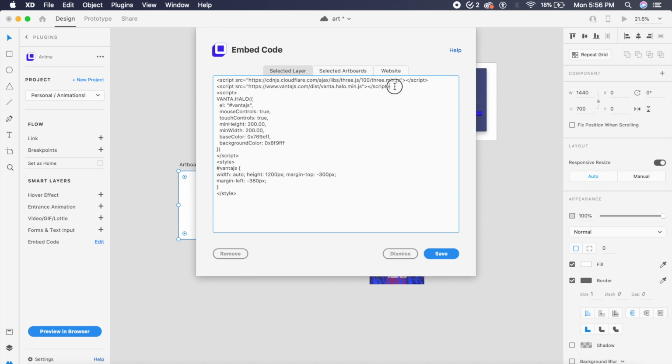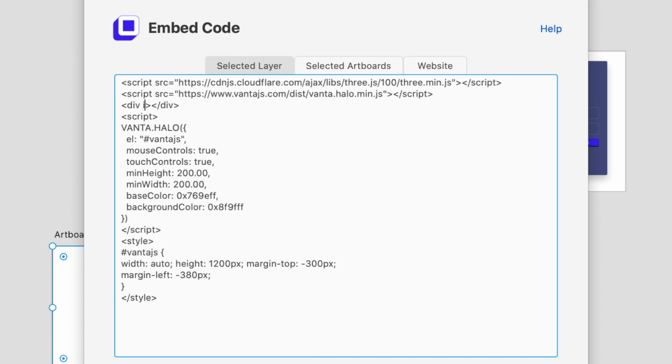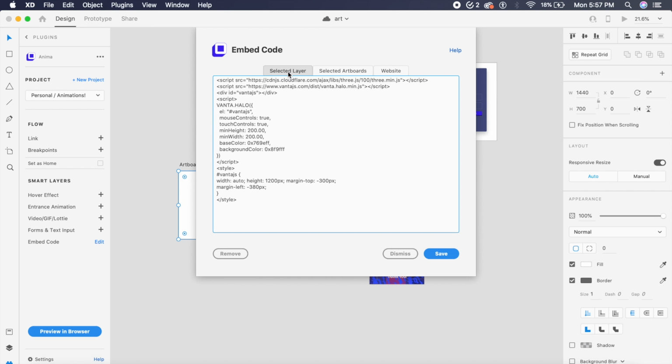And to make all of this work, we will add another line of code, which is a small line. So if you're a designer, don't worry. It's very simple. So this is a div tag, which allows us to specify, okay, this is something that we need to place inside this artboard. So div. And inside this div tag, I want you to write in div id just like this is equal to double quotes and write in vantajs. And in this case, we won't be giving the hashtag that's given already. So vantajs is set up everywhere. Make sure that is equal everywhere. And you have copied all the code from here. And I'll go ahead and save it.